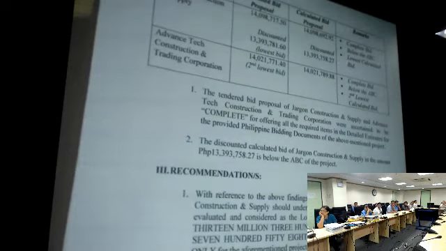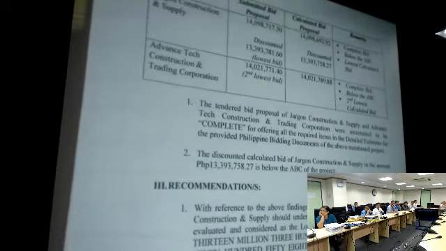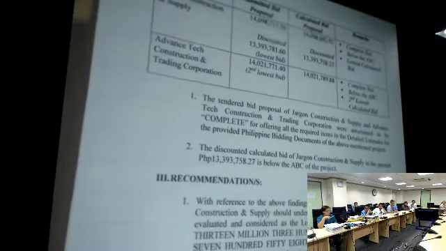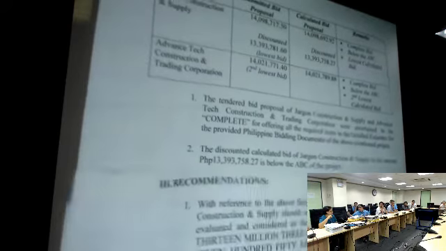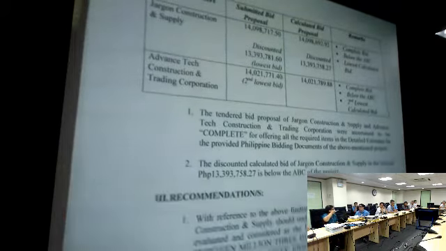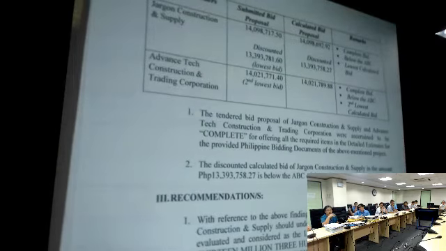Kasi medyo confusing nga naman kung nakalagay yan, kasi ilalagay mo discounted 13. Pwede i-interpret na discounted by 13 million. So for clarity, since during the submission, ang inilagay nila is just the percentage of the proposed discount, yun ang ilagay natin because that is what the document says. Then doon sa calculated bid proposal column, doon na ilagay yung result, because that is the calculated after applying the discount. That is for clarity lang.